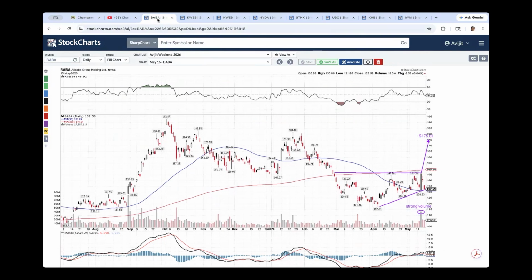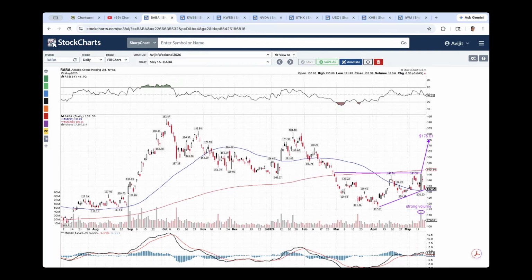So looking at the chart of Alibaba, in this case, it's a daily chart, we can see a potential ascending triangle pattern. In this case, the horizontal resistance line is at 146. We can see higher lows at 117 in April, 128, 130. And then on Wednesday, the 13th, when we got earnings, we had a very nice bullish move. This is called an engulfing candle, opening at the lows, covered multiple days of trading range and closed at its highs with very strong volume.